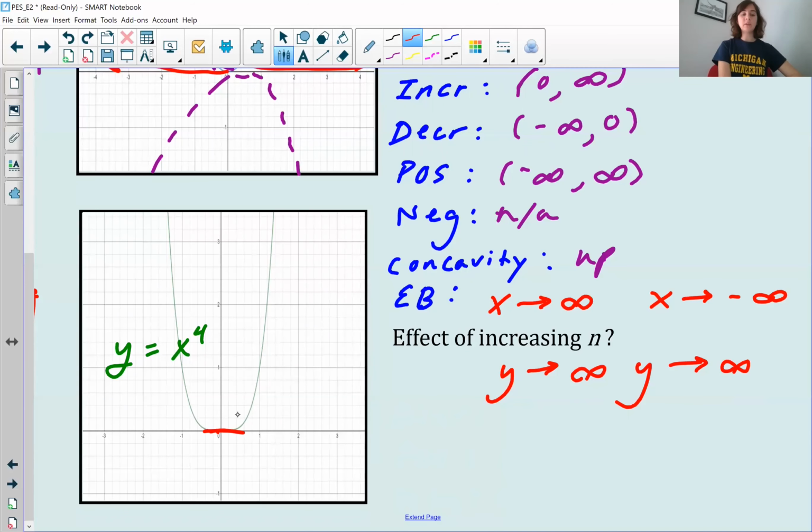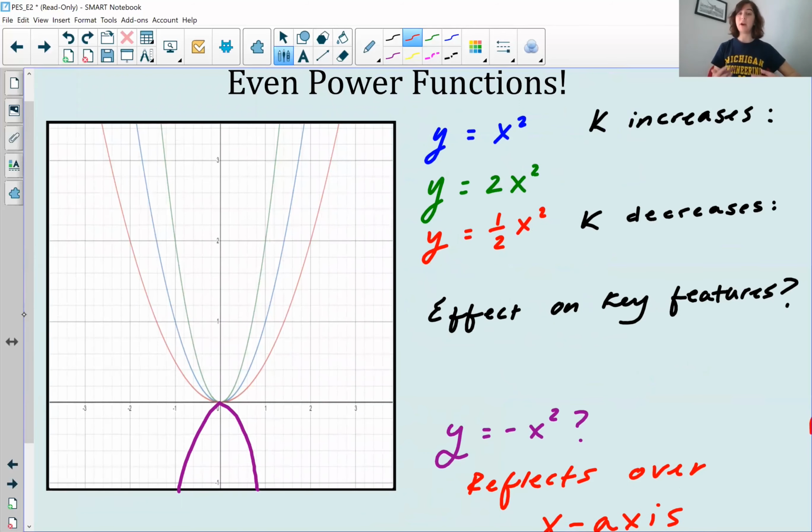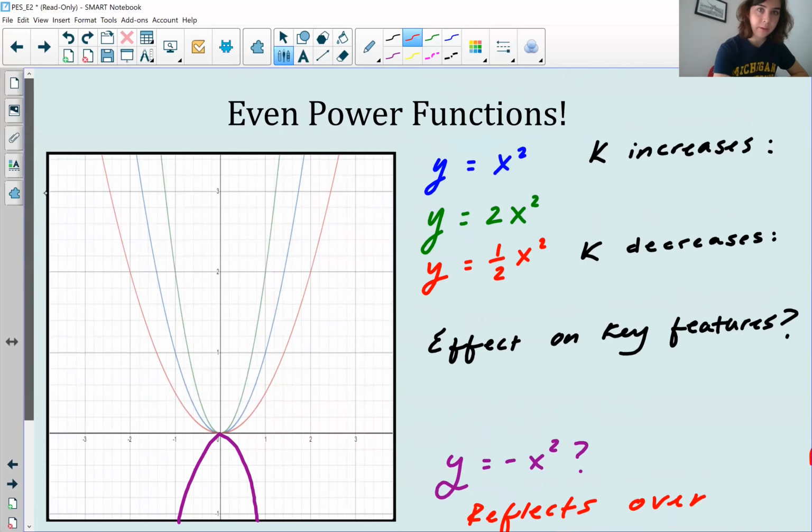But once you start plugging in values that are greater than 1 or less than -1, the function is going to grow a lot more than if you had a smaller exponent. So that's why it gets closer to the y-axis. And our key features don't change, but just some graphical differences there. Okay, last thing I want to talk about is when we're changing our k value or our coefficient. With y equals x squared, we have a coefficient of 1, but what happens if I change it to 2? And you can see on the left,